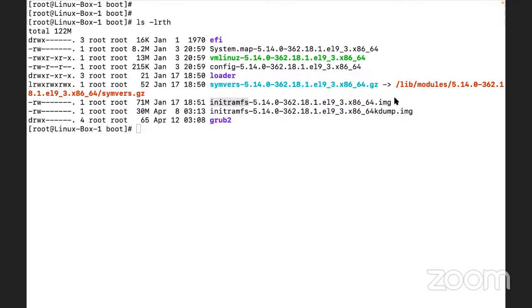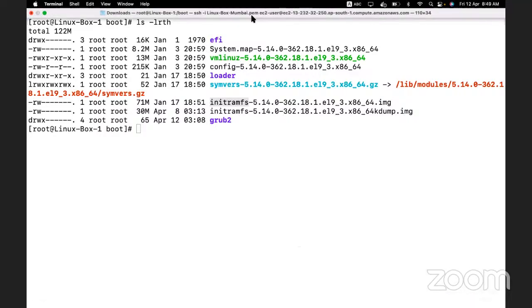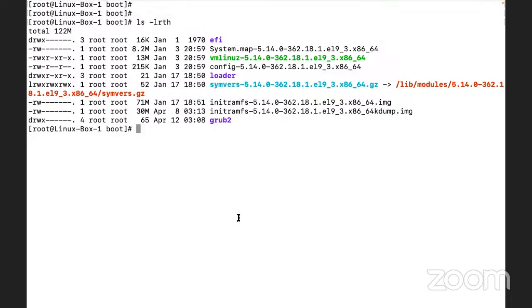What does that mean? That whenever we are trying to boot a particular Linux operating system, at the time of startup we need to ensure that we have initramfs available in order to make initrd successful. Then after, we need to ensure that we have initrd in order to make the OS booting process successful.